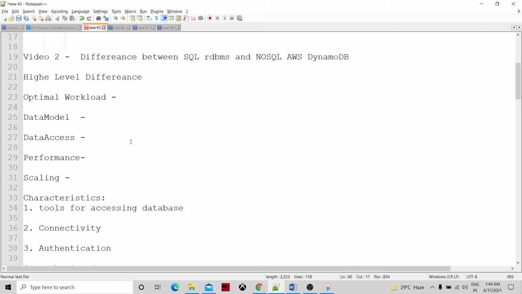But AWS DynamoDB can be accessed through the AWS CLI, which is another set of command lines, and then there are application programming interfaces. If we talk about the SDKs, software development kits, they are supported in different languages like .NET, Java, and Python. These object-oriented, document-centric interfaces are available to access DynamoDB.